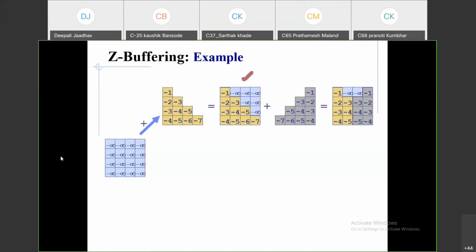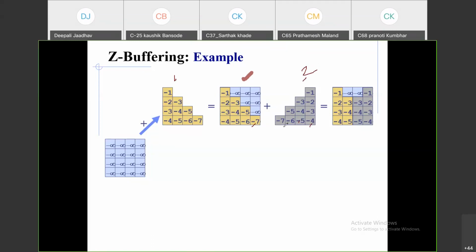After that, the next one, the second polygon is there. Behind that, the second surface is there, and these are the Z values of the second surface. This is our first surface, this is our second surface. Now these Z values are compared again with all these 16 values. So start with this one. Minus 4, minus 7, which is the largest? Minus 4 is largest, and by this the Z buffer value is now replaced with this minus 4.